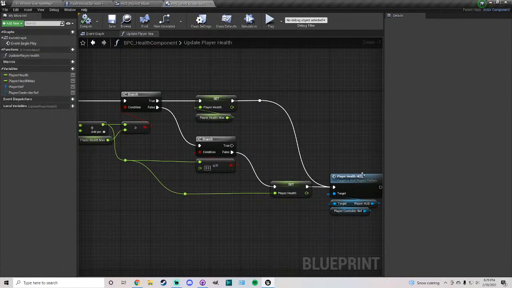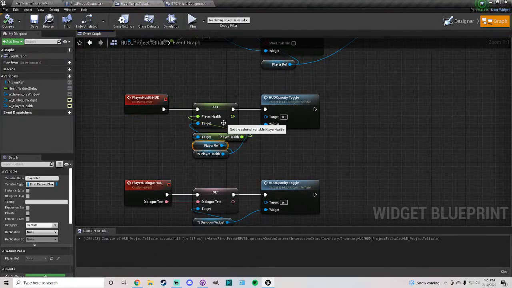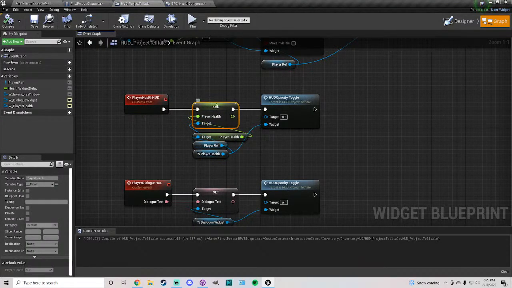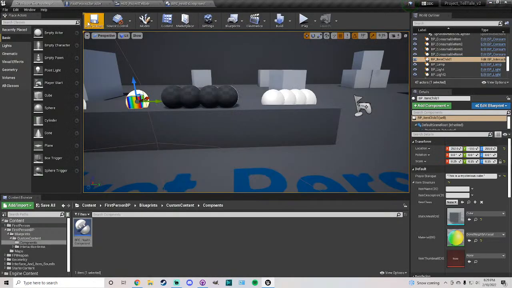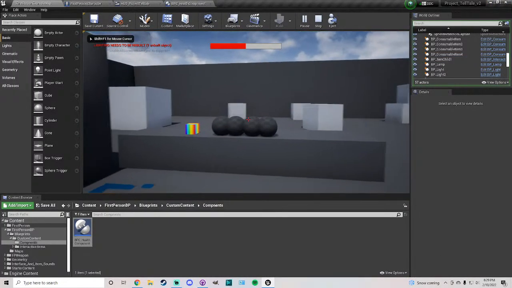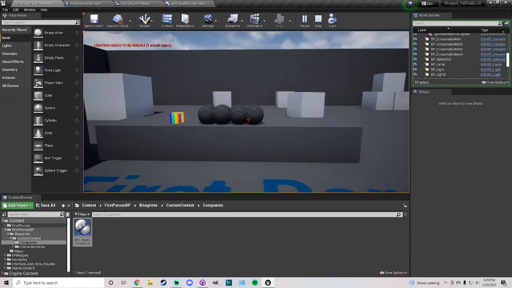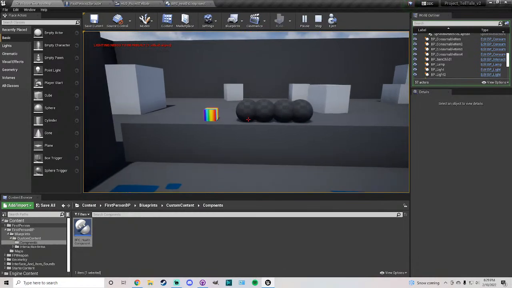So player HUD will bring you here. This is updating the widget health value, the variable, and we're going to toggle the opacity toggle, or play the opacity toggle. So that should be pretty much it for the new health bar. And remember, it does trigger to begin with because that's just how the health bar widget works to start. And if I press 1 and 2,